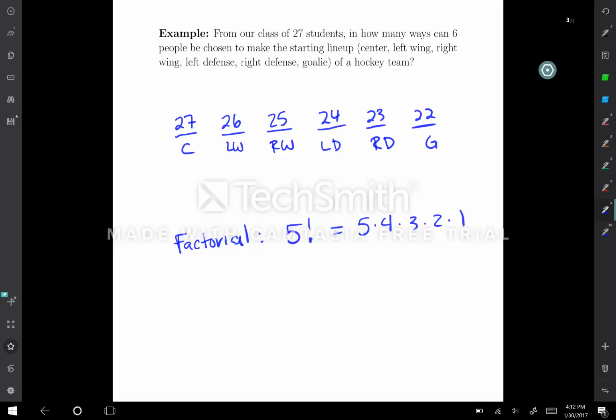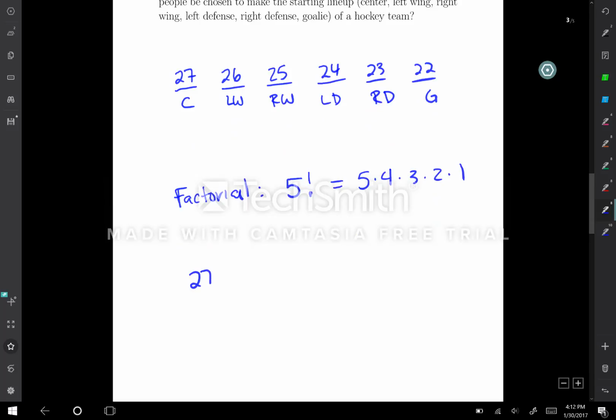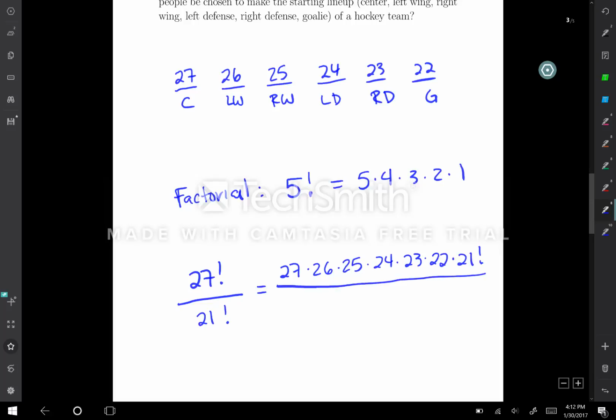So writing the above in terms of factorials, we could write 27 factorial over 21 factorial, because this would be equivalent to saying 27 times 26 times 25 times 24 times 23 times 22 times 21. We'll stop there and put a factorial over 21 factorial, because then these two terms would become a